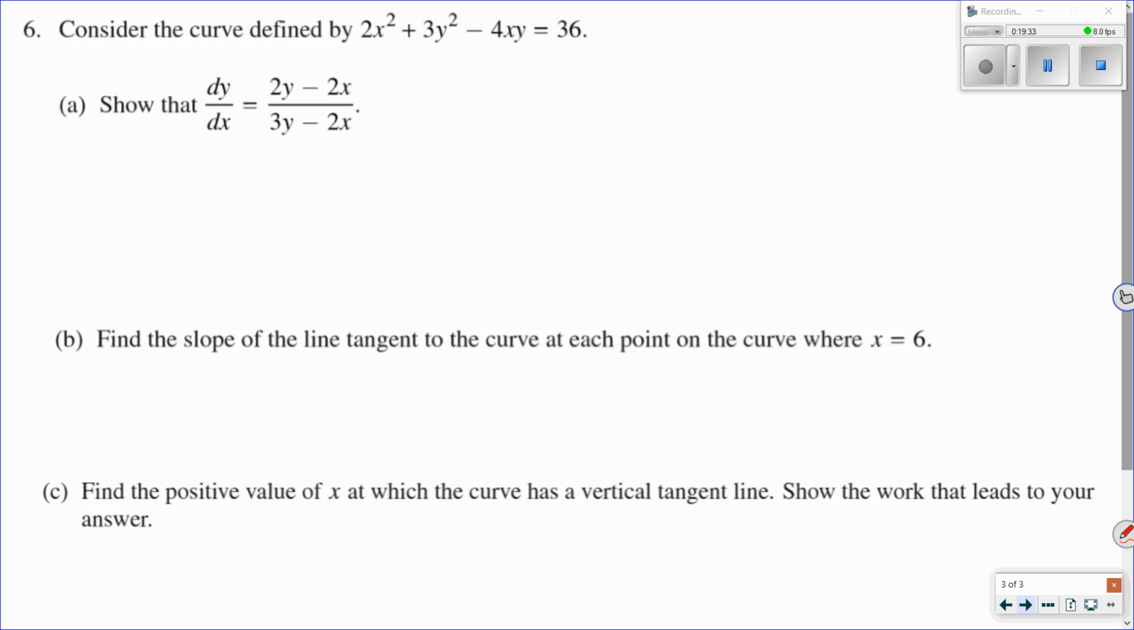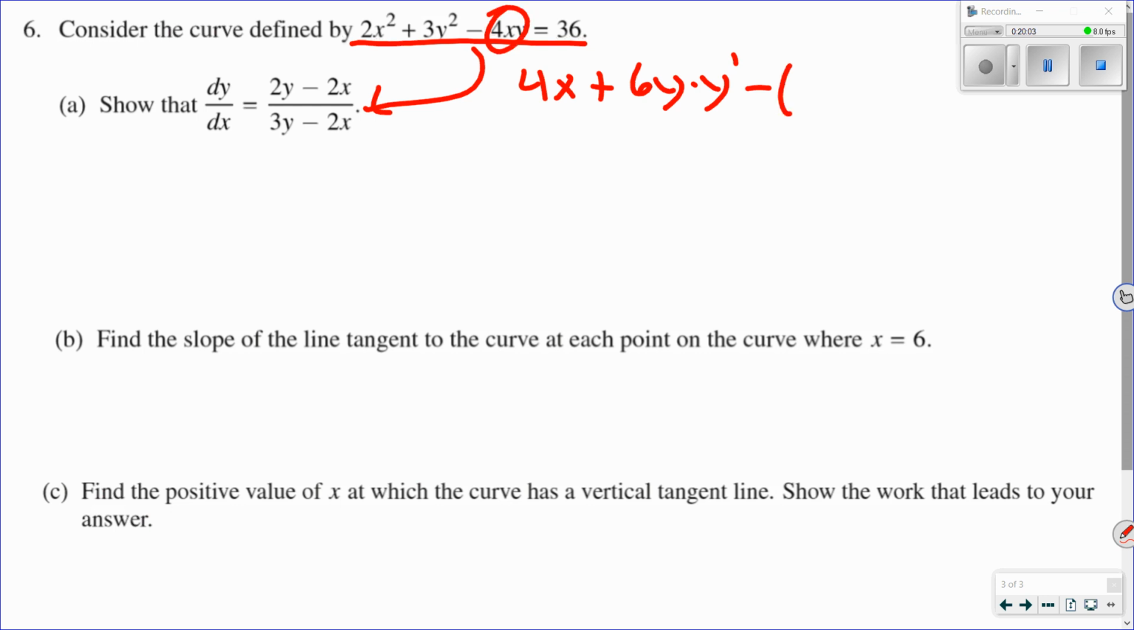So we did another question similar to this, where it gives us a curve defined by an equation. It wants us to do implicit differentiation to show that the derivative of this is that. So this is something we should be pretty comfortable with, I hope. Do implicit differentiation. That'd be 4x plus 6y, don't forget the y prime, right, whenever I take the derivative of y, minus, do not forget the product rule here. So minus, and I have 4x y prime plus 4y